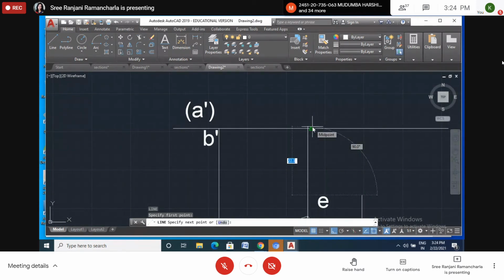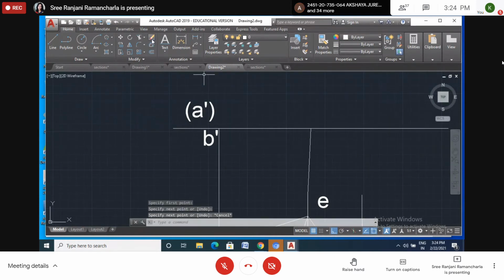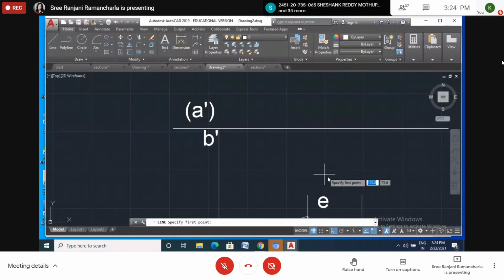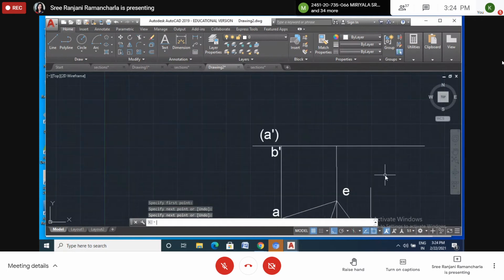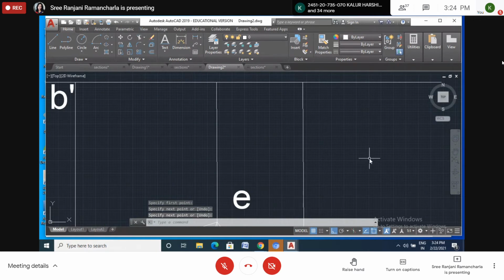If you give it there, it will draw the line exactly there. So please zoom in and draw the line clearly. Line. Now see here, don't go there. It shows a very near point, then you can pick. Okay, now I have projected all the points.